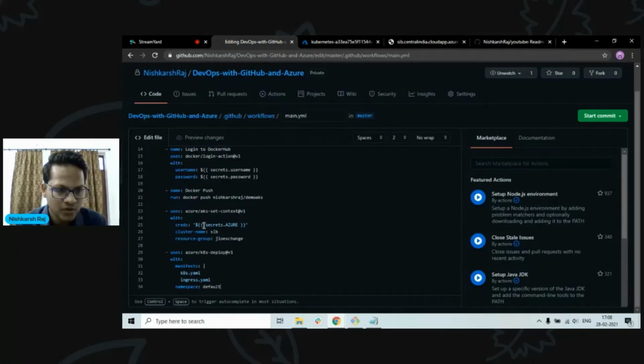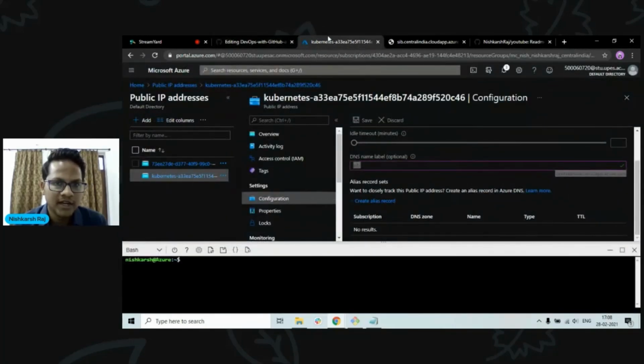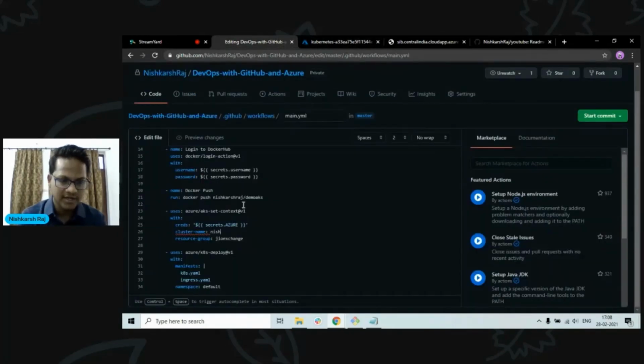So the credential is stored here. The cluster name should be the Kubernetes cluster name. Kubernetes cluster name that I've created is Nishkesh Raj, if I remember it correctly. And the resource group should be the name of the resource group that we've authenticated. So that is Nish for me right now.